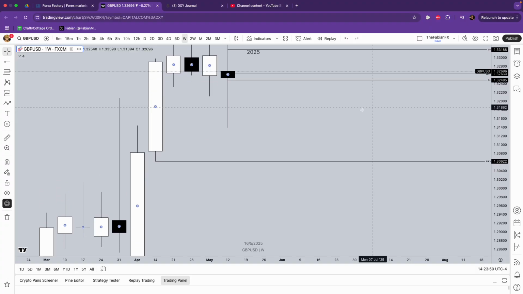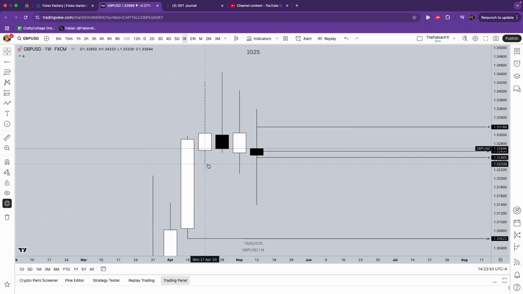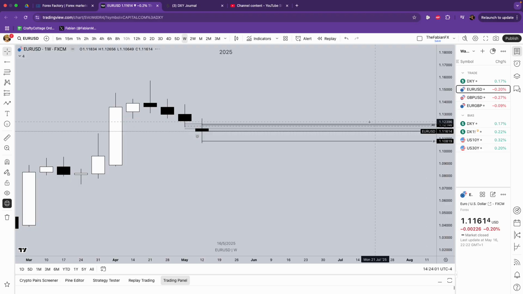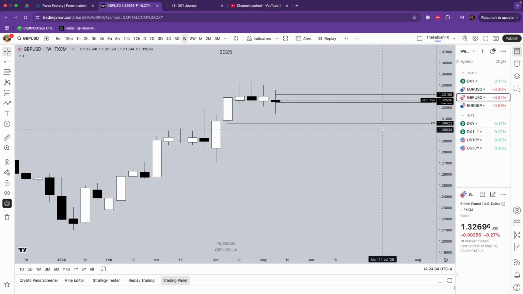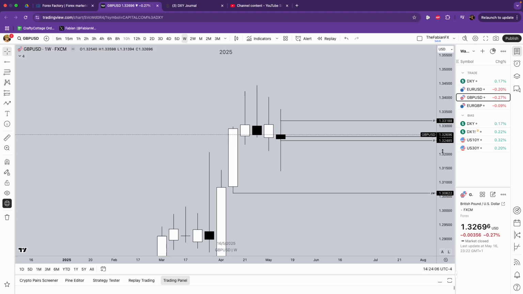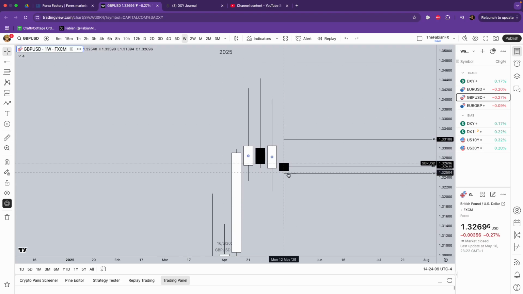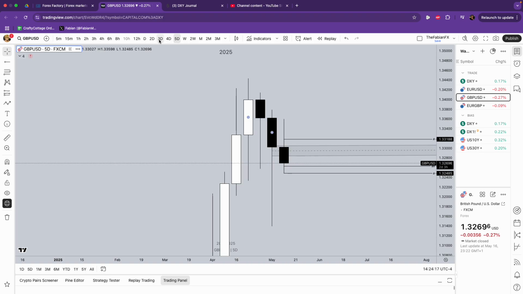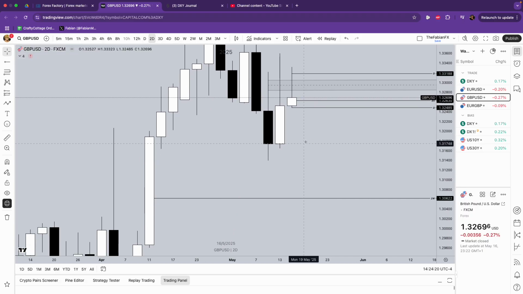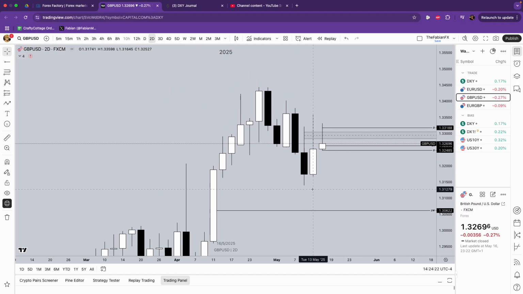If we look at GBP, GBP has closed above on each weekly candle, so I would favor the euro to be better for the shorts. GBP is sort of in a consolidation still at the moment. For the last 4 weeks, price hasn't really changed much. It's just been going up and down, and closing around the same levels. But still on the GBP, right now favoring lower towards this range. As you can see, we have nothing more to the left, just this.